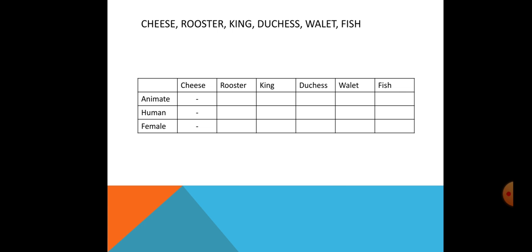You can continue to analyze. King is animate, positive, human, so positive, and negative for female. For example, like this, yeah. So this is the analysis for the oddness of semantic features.